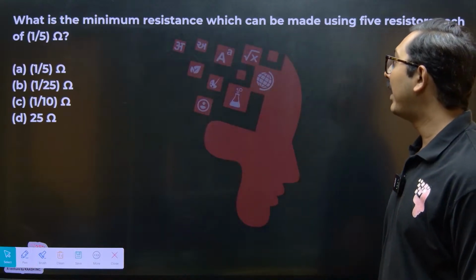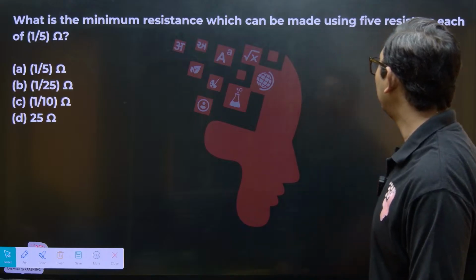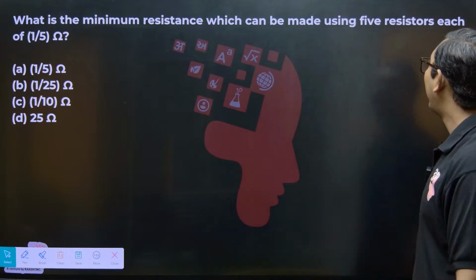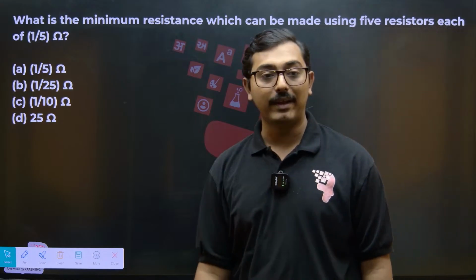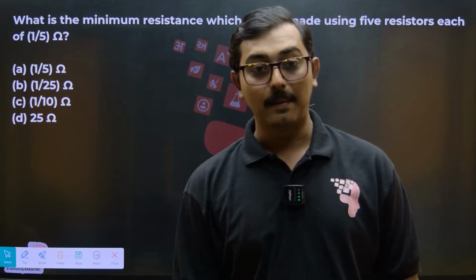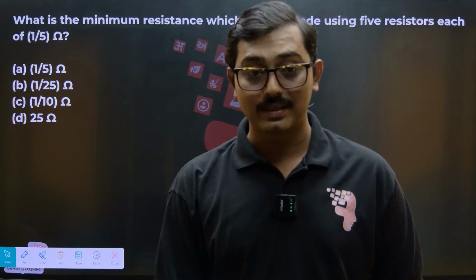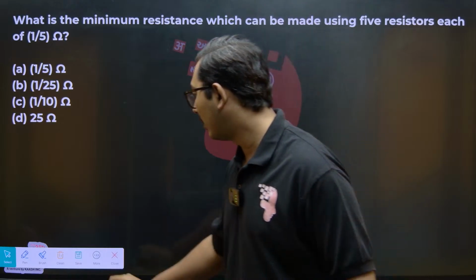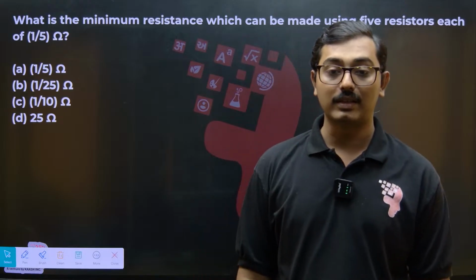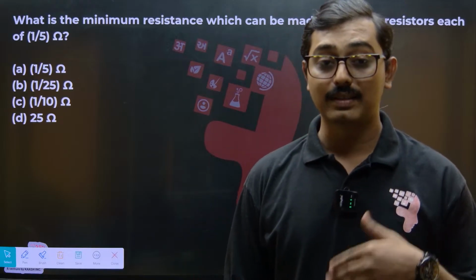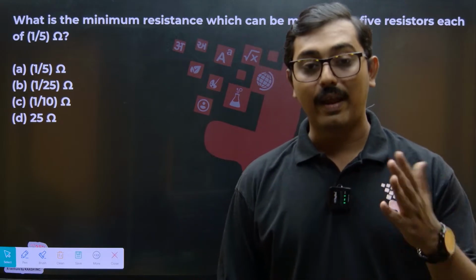What is the minimum resistance which can be made using 5 resistors, each of 1/5 ohm? Okay, minimum resistance we are to produce. When can we produce minimum resistance? As we talked earlier in the earlier question, we said that more resistance means more wastage of energy,